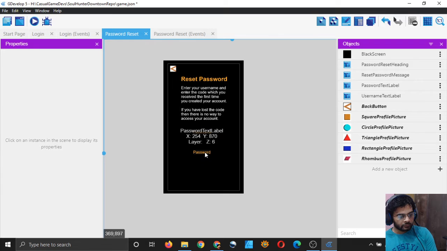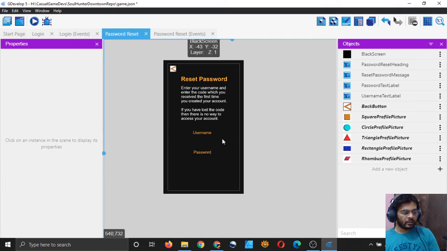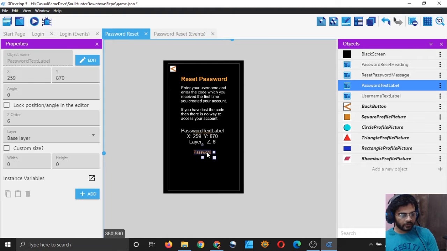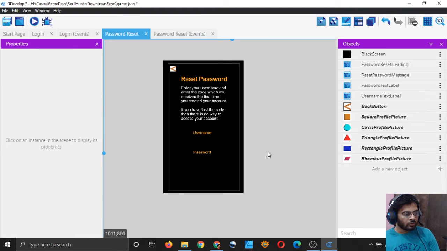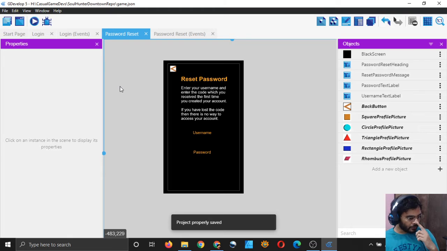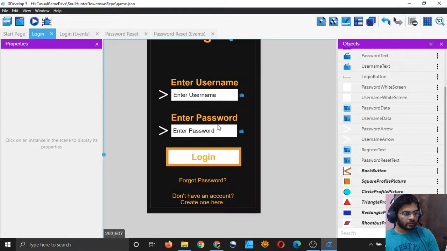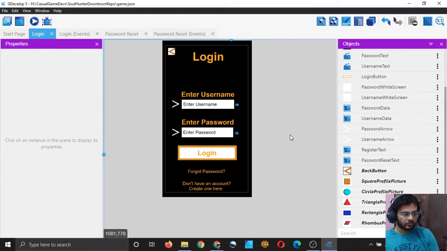And now I need some white screen which I can put here where the user will type, right? So I will follow the same convention which I followed in the login scene, right?